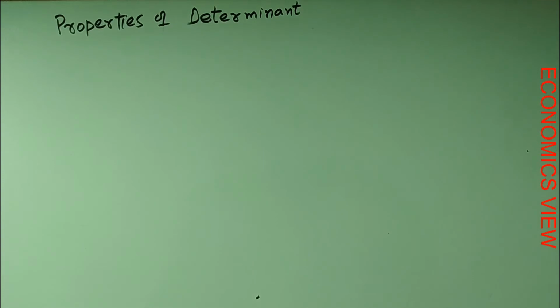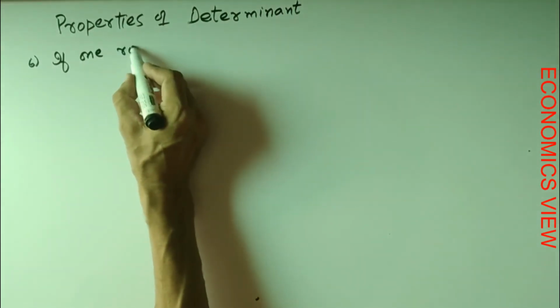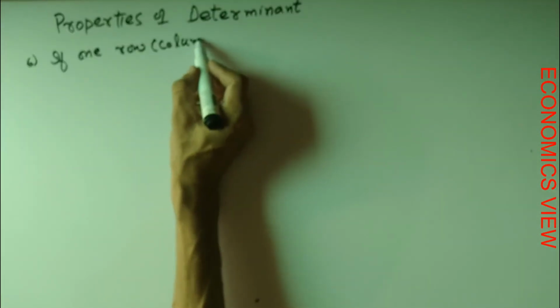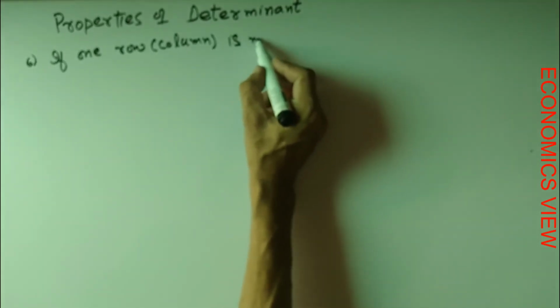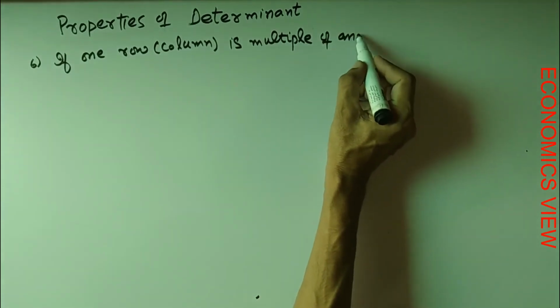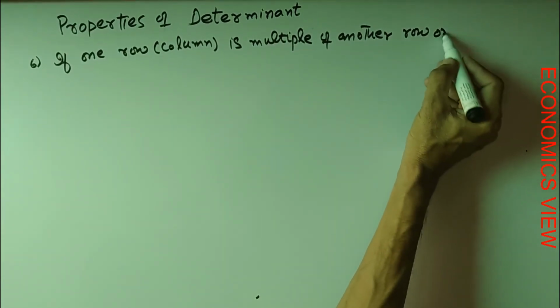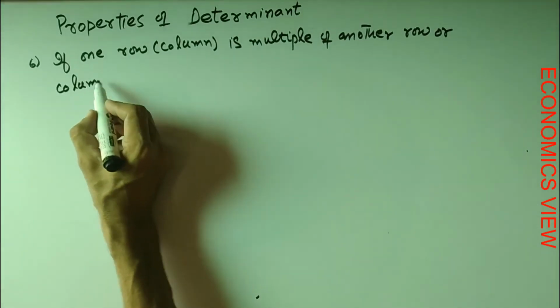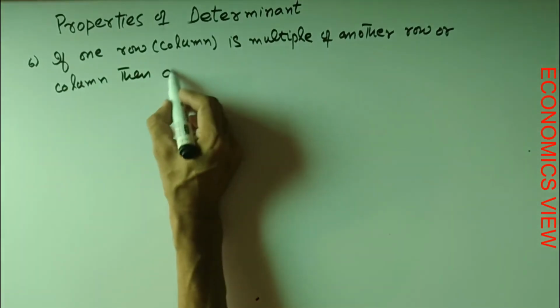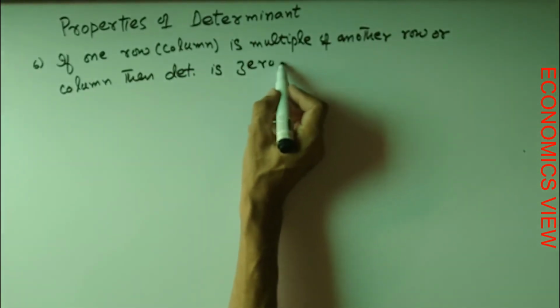Now move towards property number 6. Property number 6 is that if one row or column is a multiple of another row or column, then the determinant will be 0. Like that. For example,